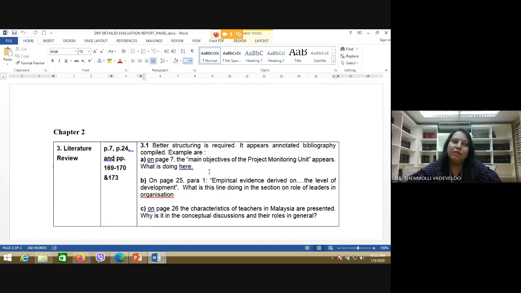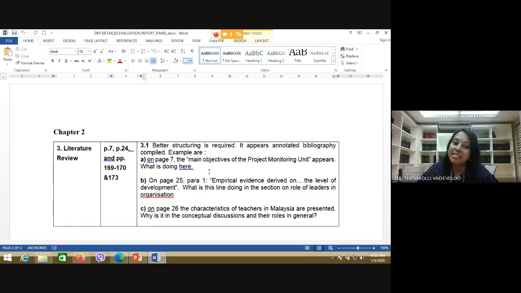If you do that, the candidate or the researcher will be confused. Let's say if you say objectives, which objective? Highlight which objective: objective number 1, objective number 2, or objective number 3. Please do not do that, my dear friends, because our aim is to help the candidate to improvise their research proposal, to improvise their research. They are our students. So we must make sure that we give very clear and detailed comments together with the page number,